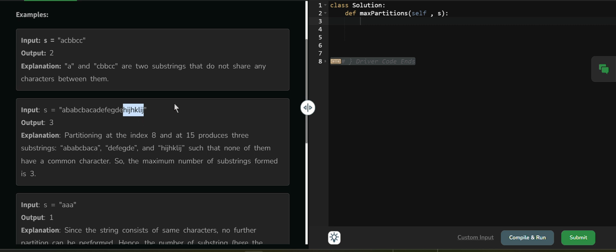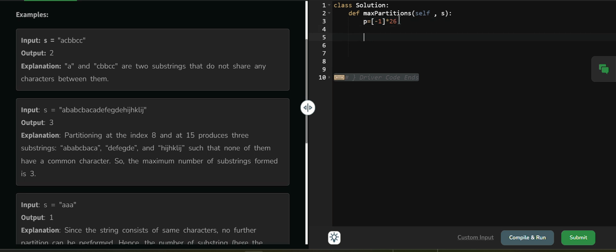So like this we can know the total number of partitions of the string that are possible. Okay, fine. So if we write the code, what will be our first step? We should know the ending index of every character. For that I can create one array with size 26, which will store the ending index of every character.